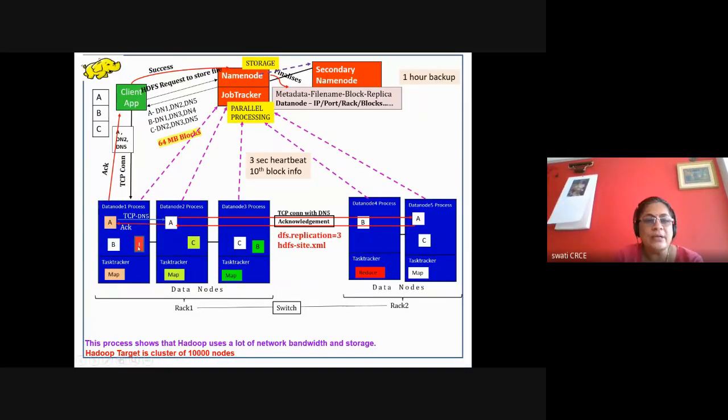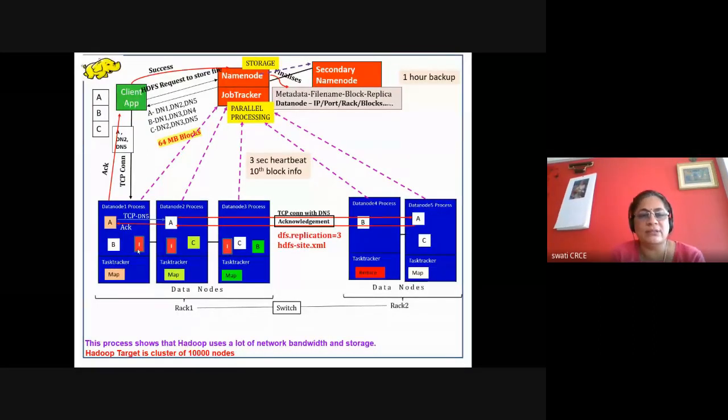So this map will store I here, then this map will store I here, this map will store I here. All of these will be executed in parallel, and then intermediate outputs are produced in the form of key and value pairs. In Python we just create a list of key and value. It's very easy to compare and do something with that. So those key values are generated and stored over here.